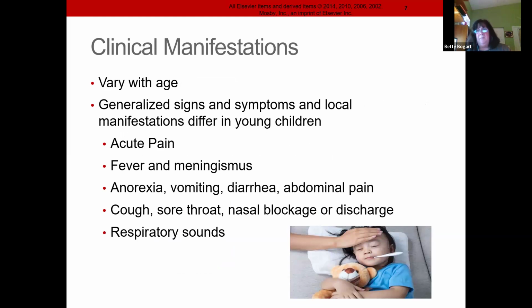Well, you might see them vomiting or diarrhea. Their tummies might hurt a little bit. You might see a cough. You might see nasal mucus. Or you might hear that bronchi or something going on, or that upper respiratory sort of thing. One of the things we need to do is decrease that fever.